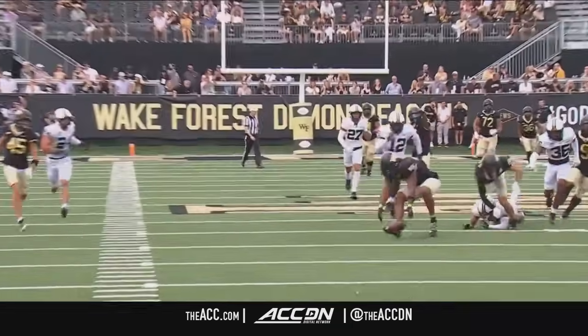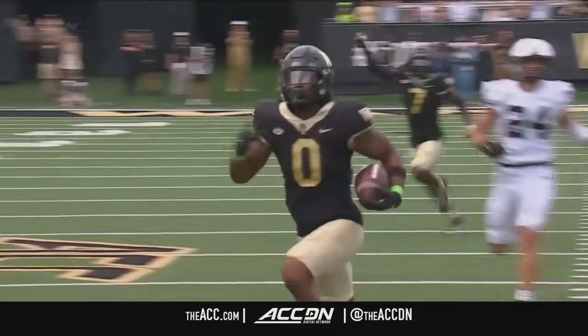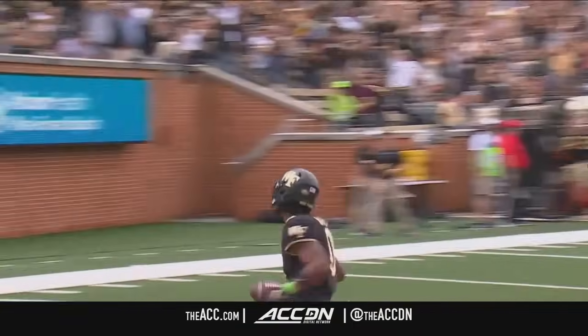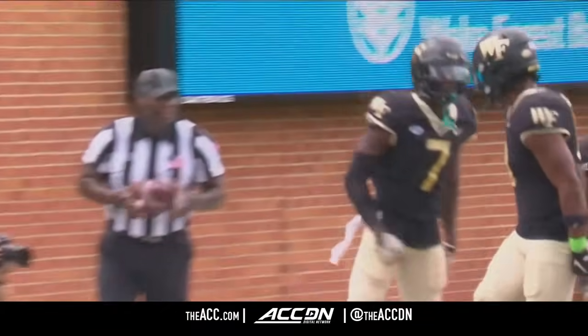You know, special teams has been a calling card early on for Vanderbilt. I mean, they've won games. The first two games of the year, between Hawaii and Alabama A&M, they won games because of special teams. Here today,